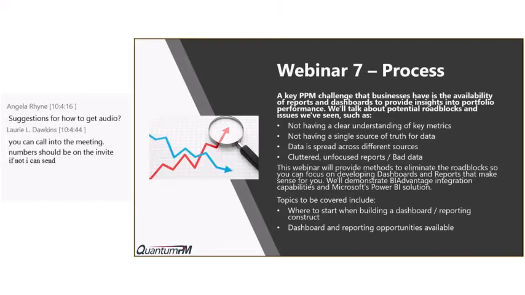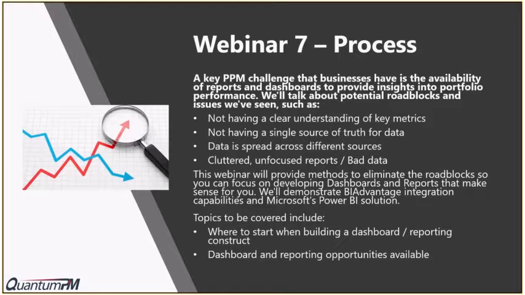Not having one place to go to get data is a very big problem that many organizations have, and that's a tricky one to manage. With systems like Project Online, you have a ton of data there and available to you, but you don't necessarily have everything that you need there either. So there are other things that maybe you have to do to accomplish getting to the data that you need. So data spread across a lot of different sources. It's input from a lot of different places. Where do you go to be comfortable that that data is accurate and reflecting what you need it to be?